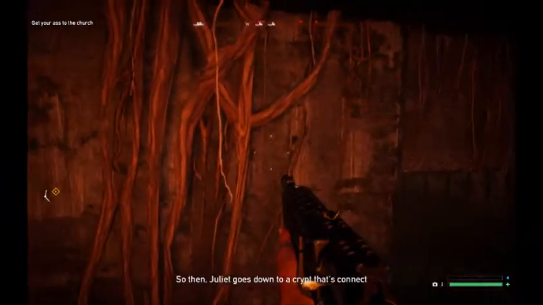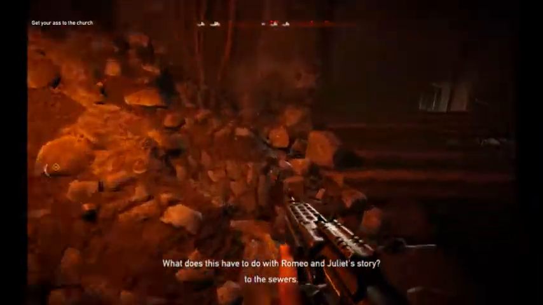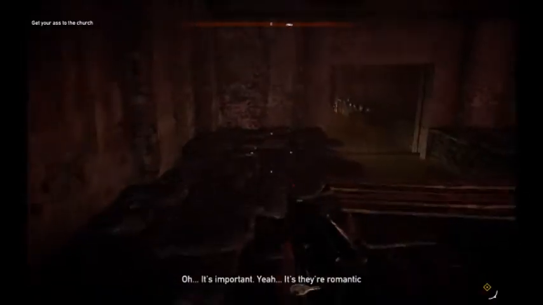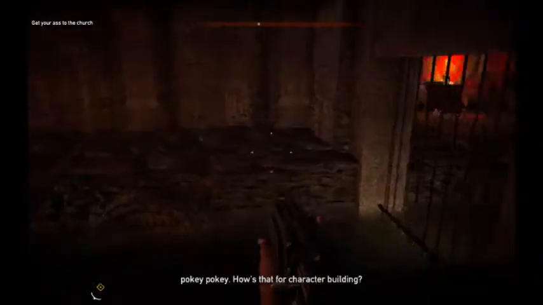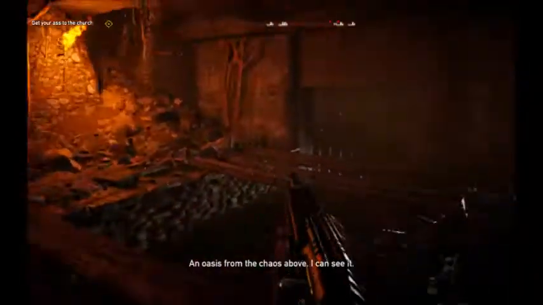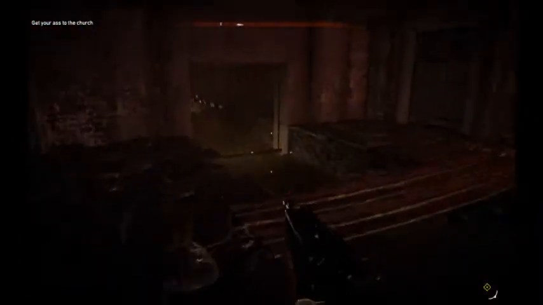So then Juliet goes down to a crypt that connects to the sewers. What does this have to do with Romeo and Juliet's story? Oh, it is important. Yeah, it's their romantic hideaway. They do each other down there sometimes. You know, pokey sewer. So how's that for character building? An oasis from the chaos above. I can see it. But